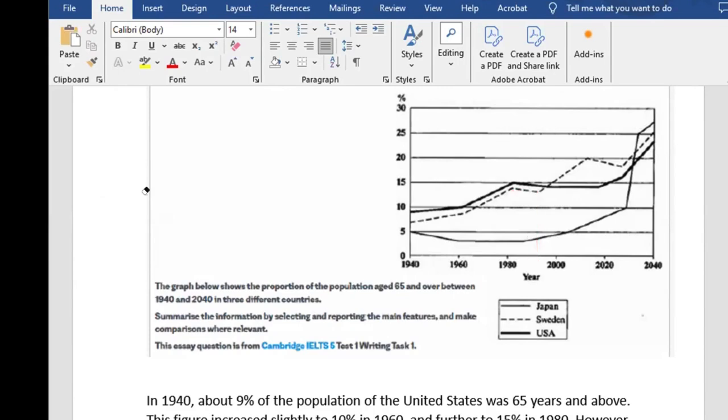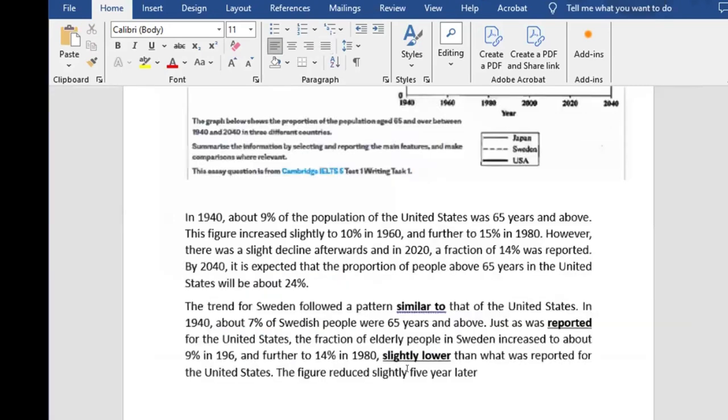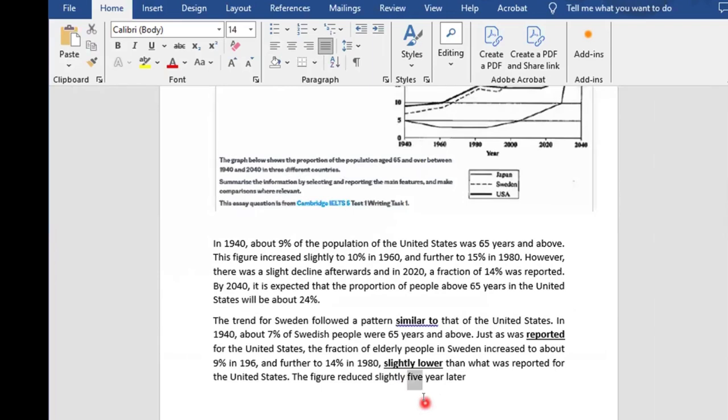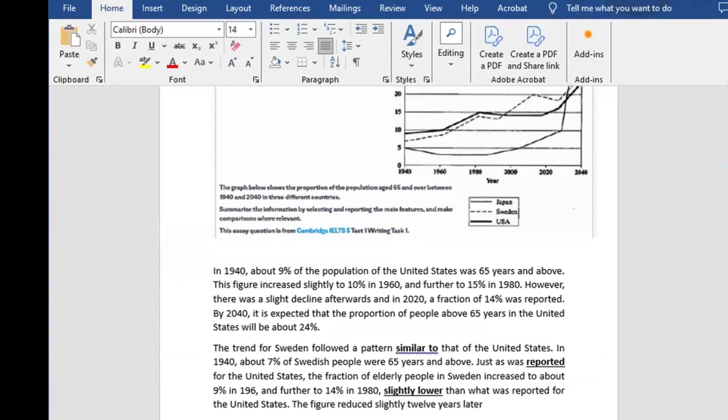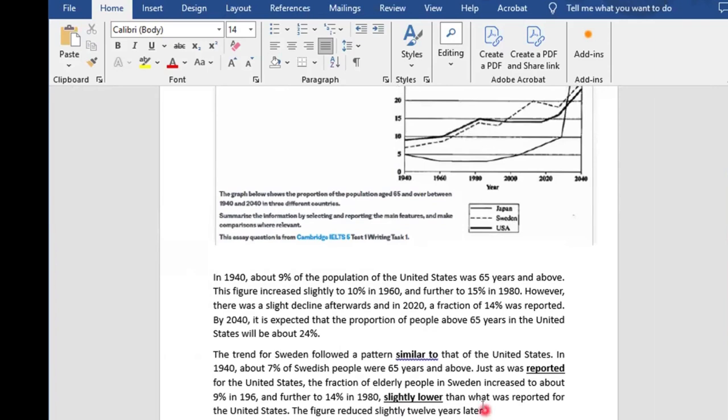Can you see the way I've analyzed this? About 5 years later. Instead of 5 years, I should have written 12 years later. The figure reduced slightly 12 years later. Okay? But afterwards, an increase was reported. And by 2000, the fraction of elderly people